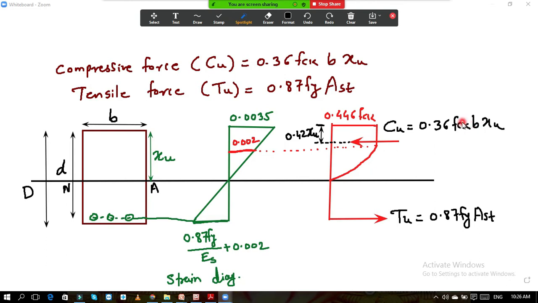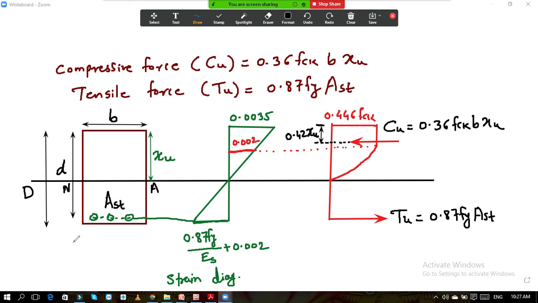And then if you see the fibers below the neutral axis, now we want to find out the tensile force. So what is the area of steel provided over here? Because steel always carries the tension. Steel is very weak in compression. Concrete carries the compression. Concrete is weak in tension. That is why we use this combination in the structure for stability. So if you consider this tensile reinforcement, this is the steel reinforcement, whatever is the area of this reinforcement is called the area of steel, Ast.